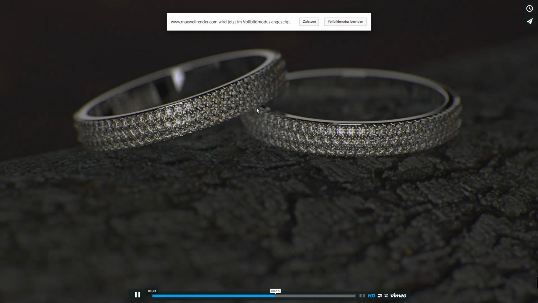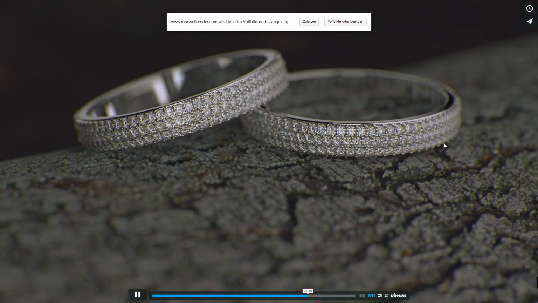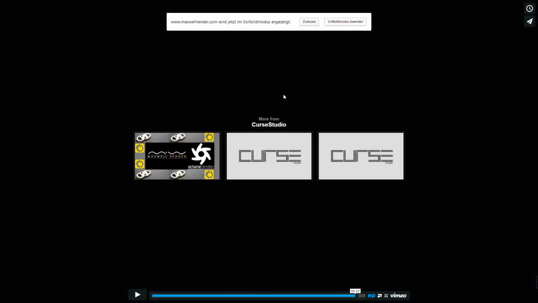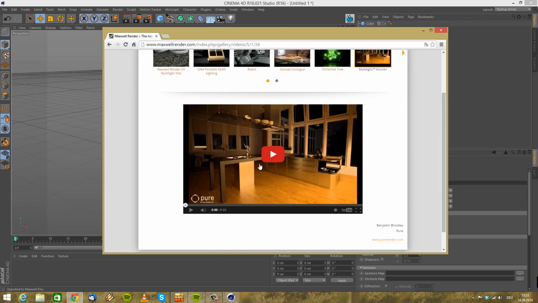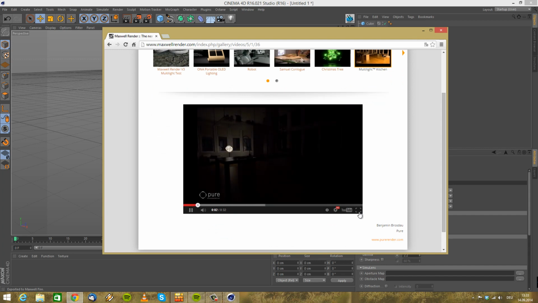I have, I think, 3 lights going on here in the scene. And I just simply set keyframes for the lights and switched the lights on. And then just simply rendered out the animation. Well, not really rendered, I just simply saved out the animation. Here you can see it maybe a little bit better. Multilight Kitchen, which is also really cool. What you can do with this feature